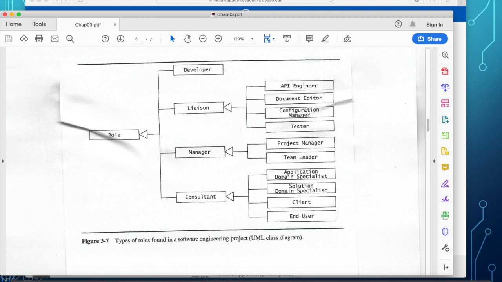So in our software company, we have the TAs sometimes fulfilling the role of the application domain or solution domain specialist. And the client could also be both, like the project Breath of the Coyote.